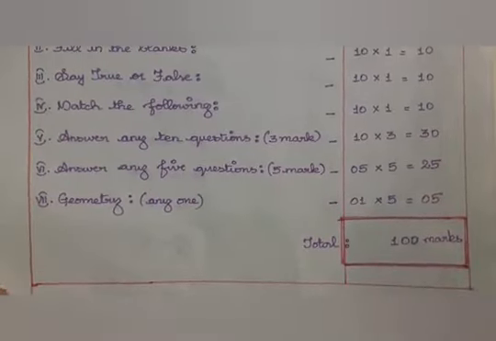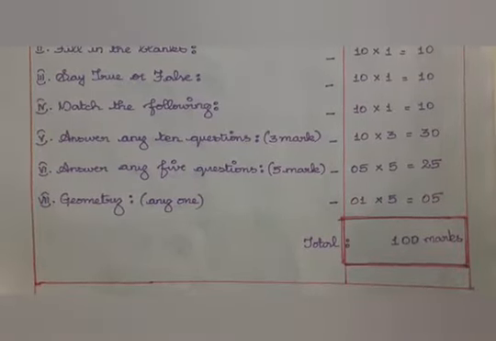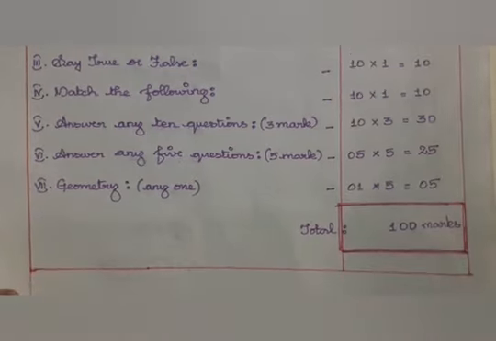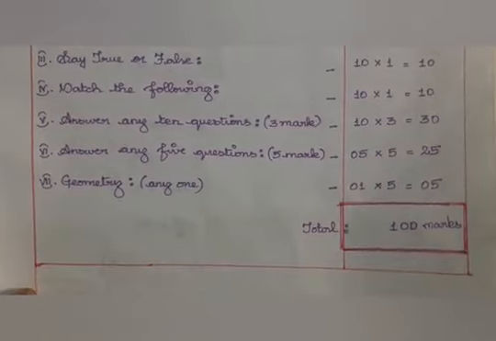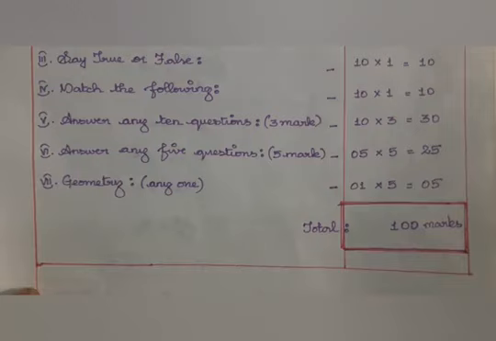And next, for 3 mark questions you have to attend 10, and I'll be giving 12 questions. And for 5 marks you will be attending 5, and I will be giving 7 questions. When we go to the geometry part, we'll be having 2 questions and you can attend any one. So I prefer you to construct the perpendicular bisector, totally for 100 marks.